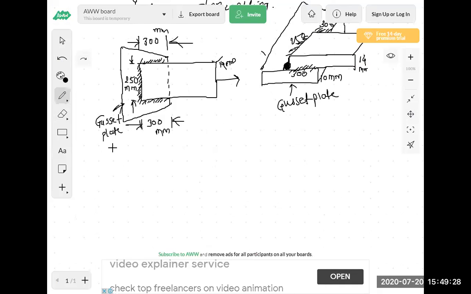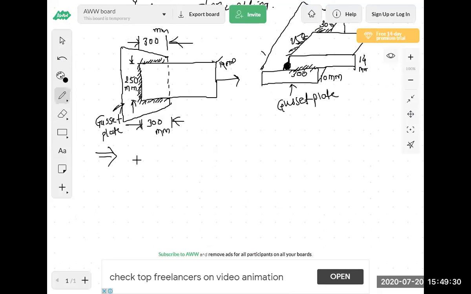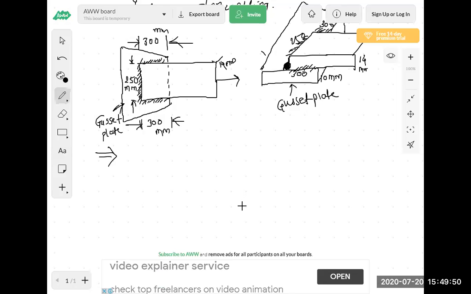So you have read the problem statement carefully. Now from this figure we have to calculate. They have given in the problem statement, determine the design strength of the joint. So if we have to calculate the strength of a joint by welded connection, we have to follow the procedure whatever we have given in the type 1.